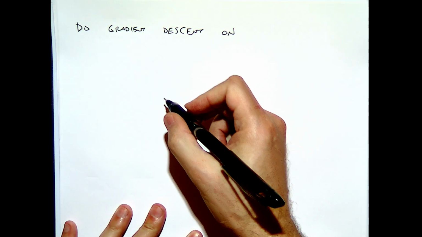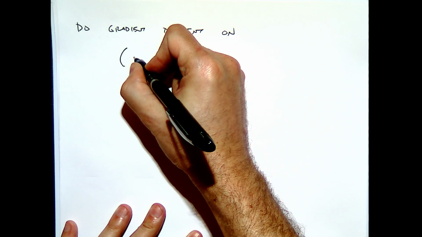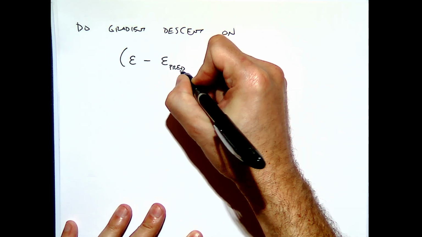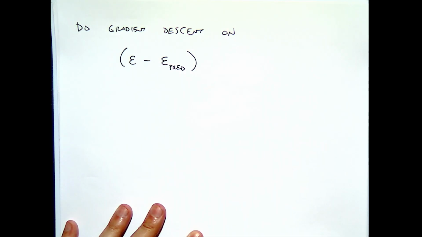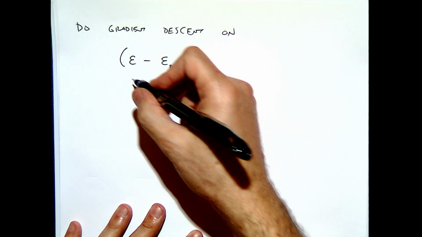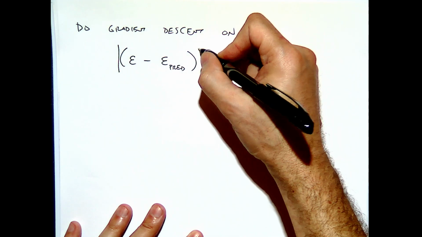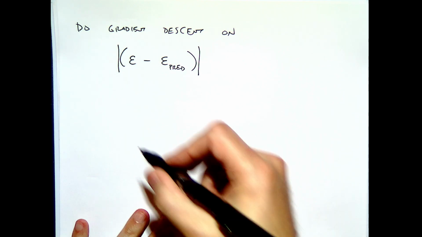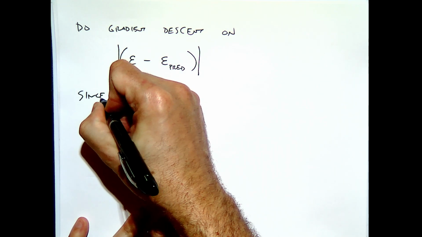On the difference between the epsilon that I know was added and the epsilon that was predicted by the network, right? So I could do this mean squared error, or sometimes you see it done on the absolute value, the mean absolute error. The nice thing is that everything here is Gaussian, right? So since everything is Gaussian,